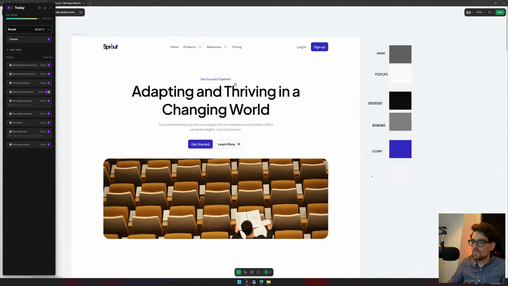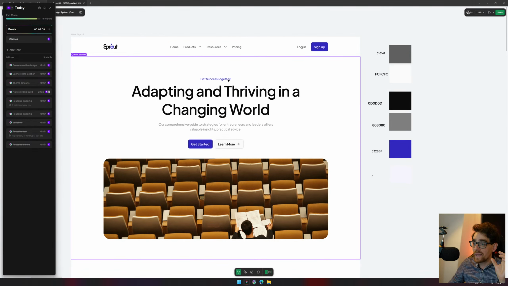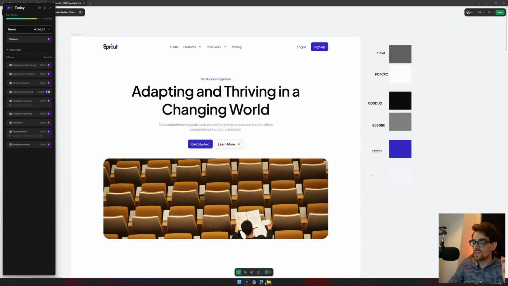So this also goes for spacing. Is there a certain spacing that we use? A very popular one is the 8-point grid. So if you want to use a spacing grid but don't know which one you want to use, try to use the 8-point grid. Search on Google and you will find it. I know for sure. Then break down what kind of font sizing you have. You have a very big font size for your H1, for your accent color, a very small one. It could also be the similar size of this one. So you need to break down what kind of font sizes are there. But this